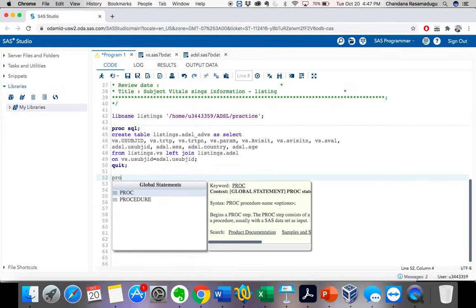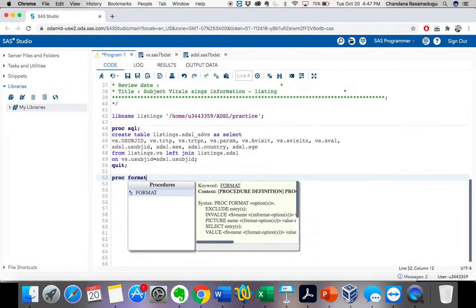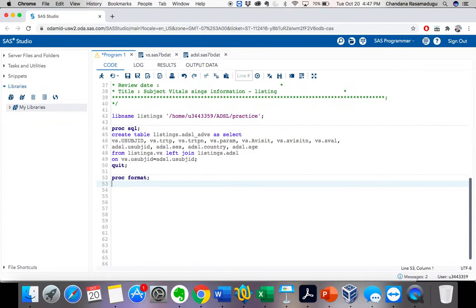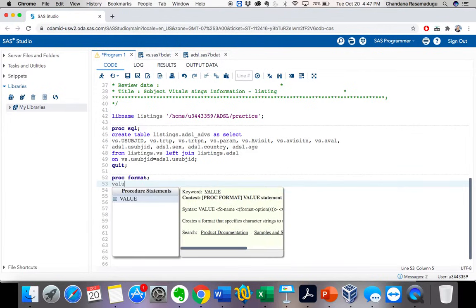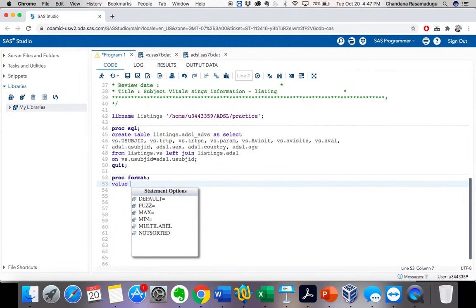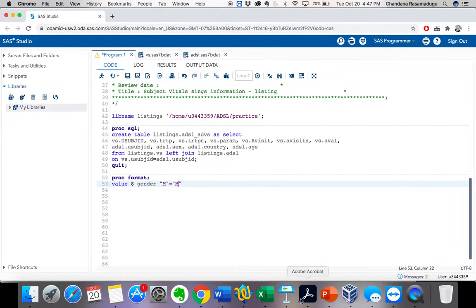By using proc format, these gender values are character data, right? So let's take value, it's a character format, so let's take a dollar sign, and create a format called gender. And now when it is M, then I want that to be printed as male.